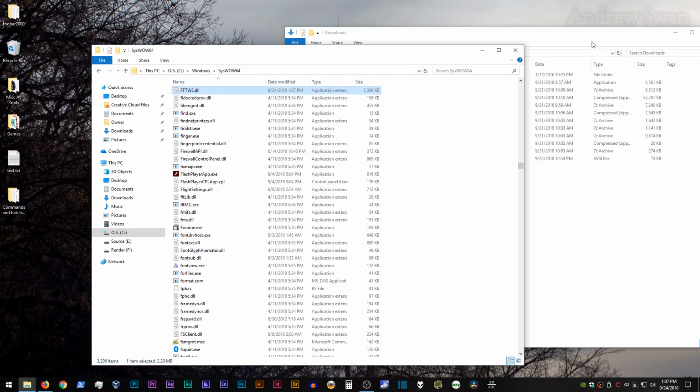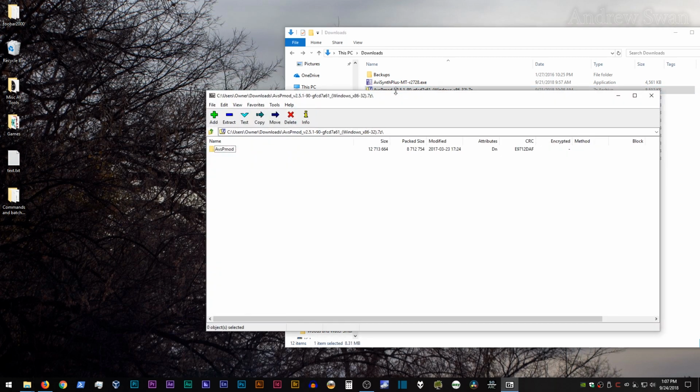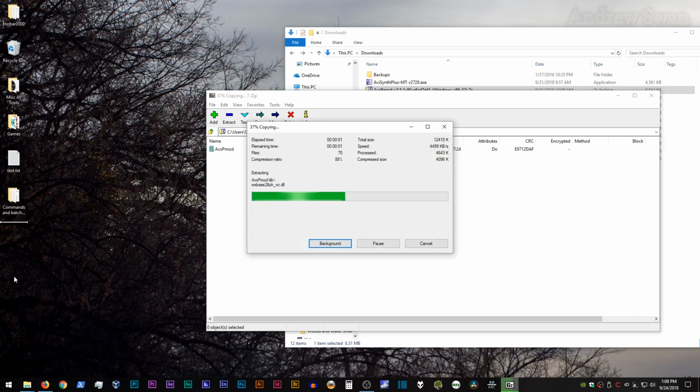Okay, that concludes the setup for AviSynth. Now, we're going to install AVSPmod, which is pretty simple, really. You double-click to open it up. AVSPmod already has its own sort of directory set up. You can just drag it out to wherever you want, and,